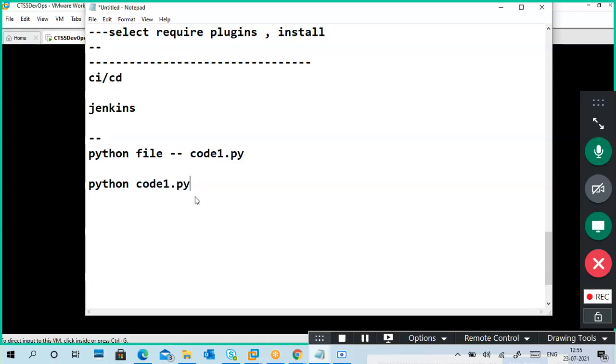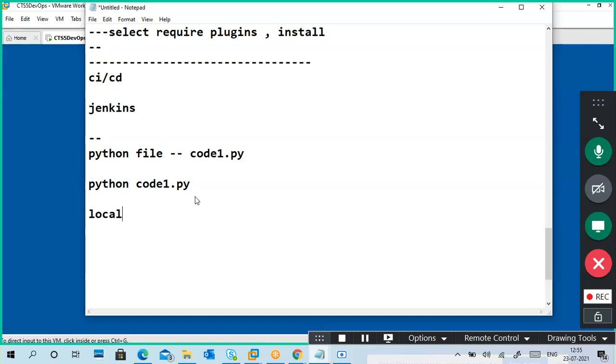So you have to execute this one manually. I'm executing it myself, not automatically. So when I want, I will execute like this. Now, in Jenkins, you have to tell the location of the file. It means the location of your source file. Source location, file location.